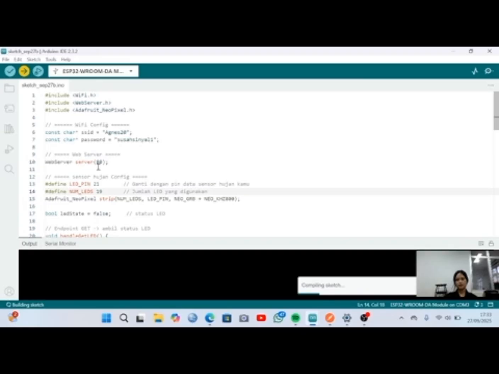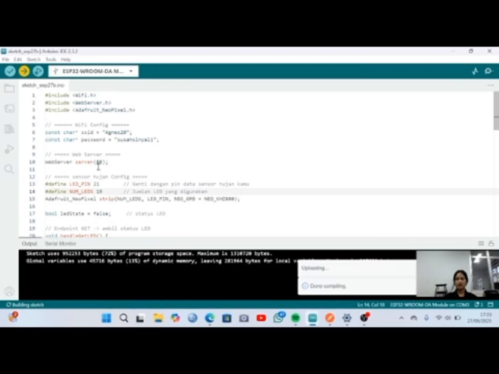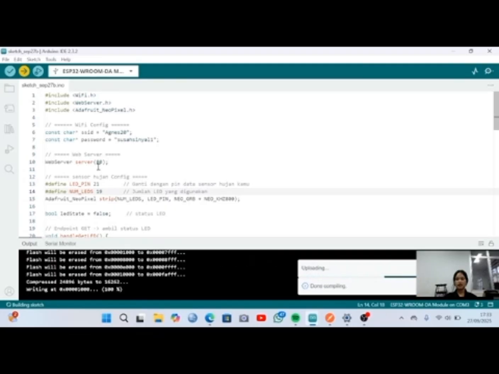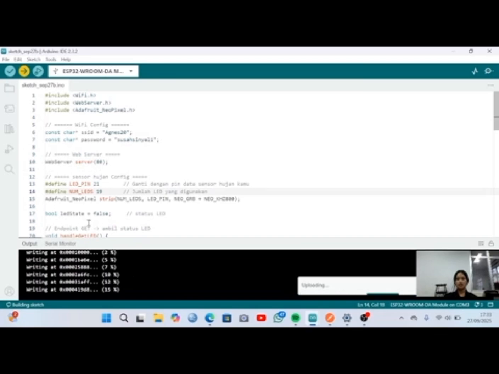When the program is running, the workflow is as follows. The ESP32 boots up, connects to Wi-Fi, and waits for requests from another device connected to the same network, such as a laptop or smartphone. We can open a browser or use an application like Postman to send requests. If we type the ESP32's IP address directly, we'll get a simple message saying that the API is running.